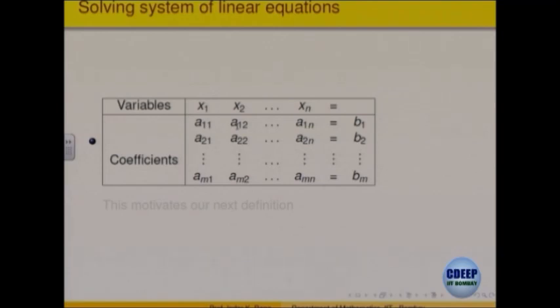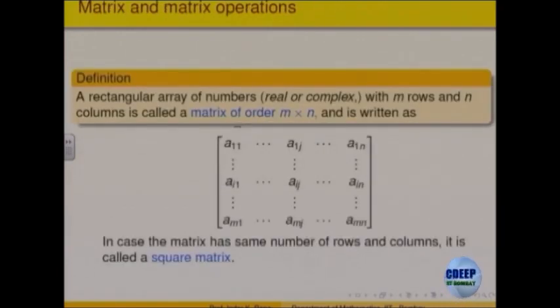When we go along a row, we will be representing the coefficients of that equation, x1, x2, xn, and when we go vertically down, then we will be representing the first equation, second equation, third equation and so on. So, written this way, all the data about the system is captured. We have fixed the position of the variables, this is captured. So, this motivates a rectangular array of n equations in n variables.